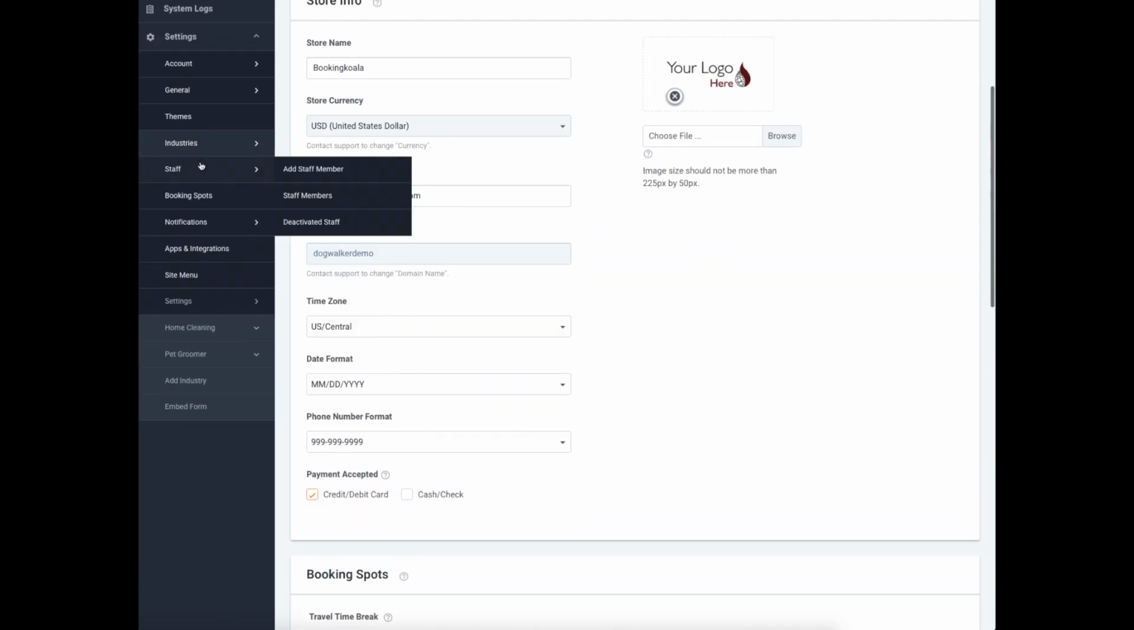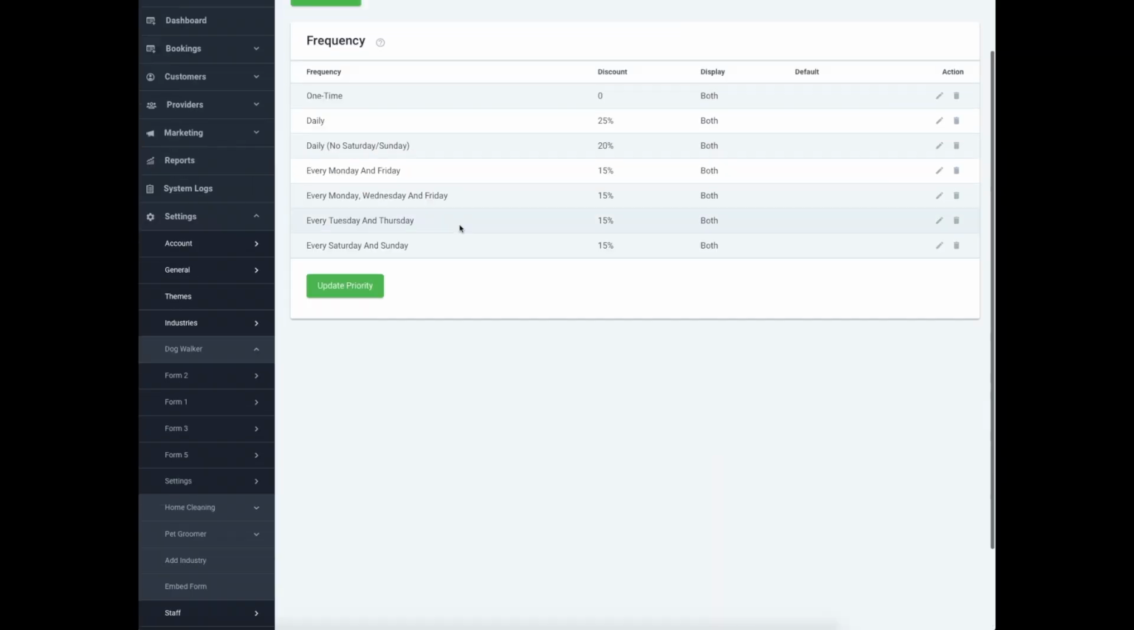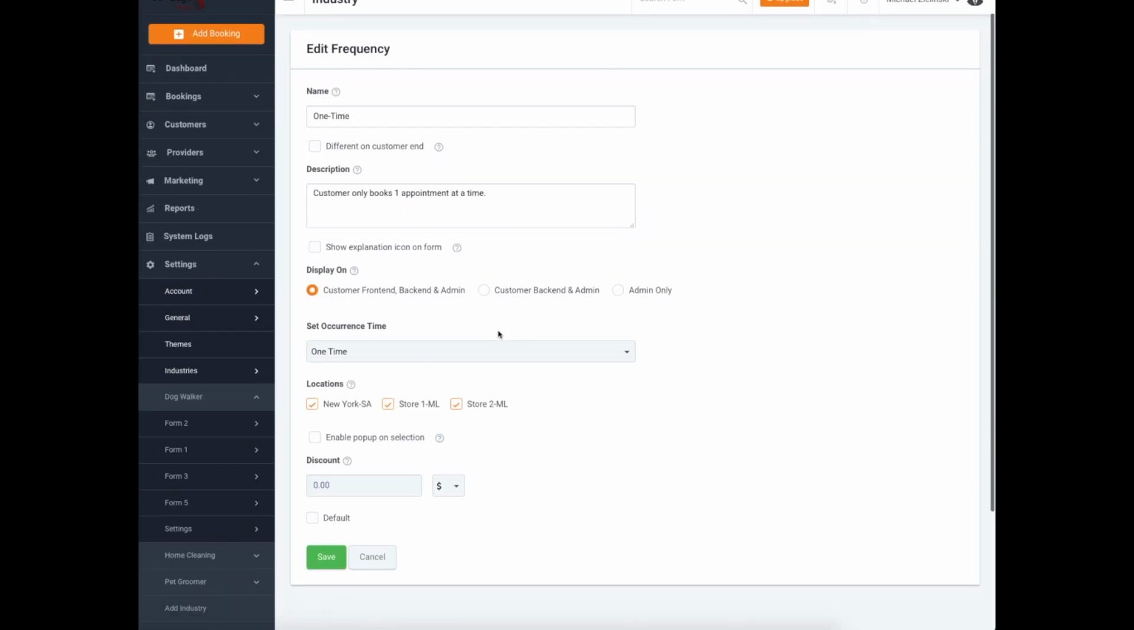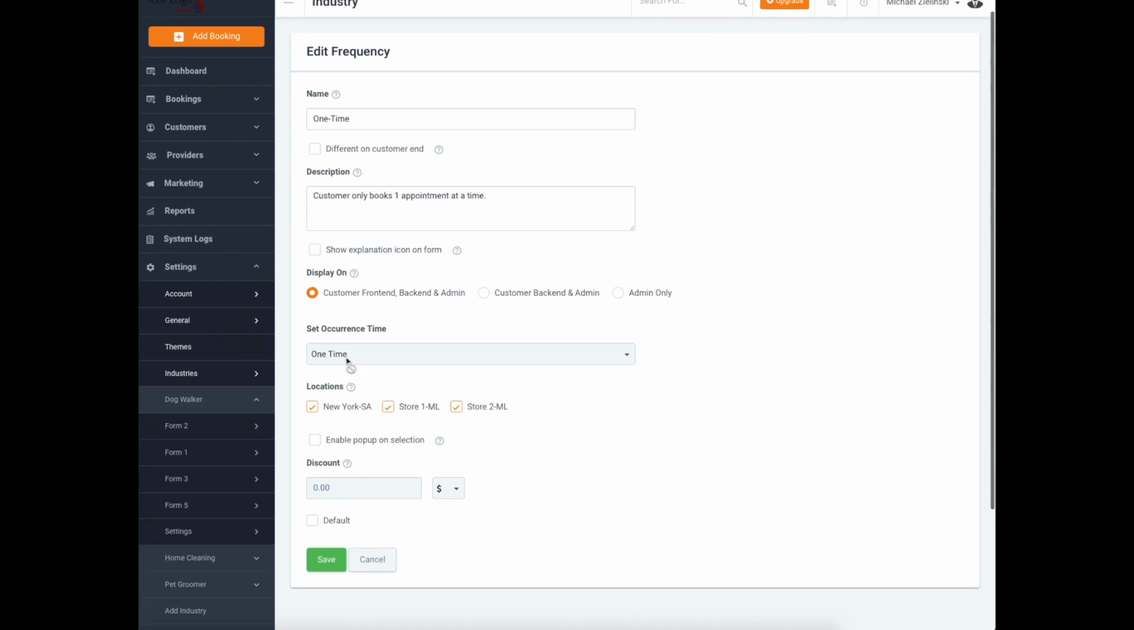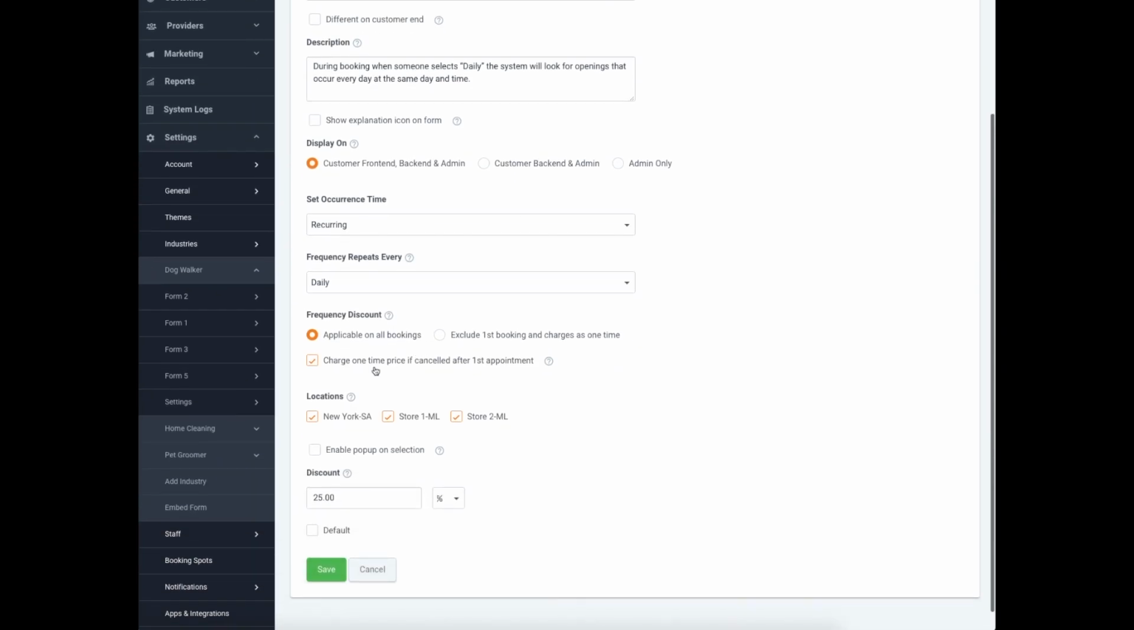So if you go under the industries and you're setting up your frequencies, underneath there will be an option, and it's only for reoccurring services, so one time will not have it. But if you go under a reoccurring service, you will have that option to charge one-time price if canceled after the first appointment. So as you can see here, you have a frequency discount, and if you give a discount